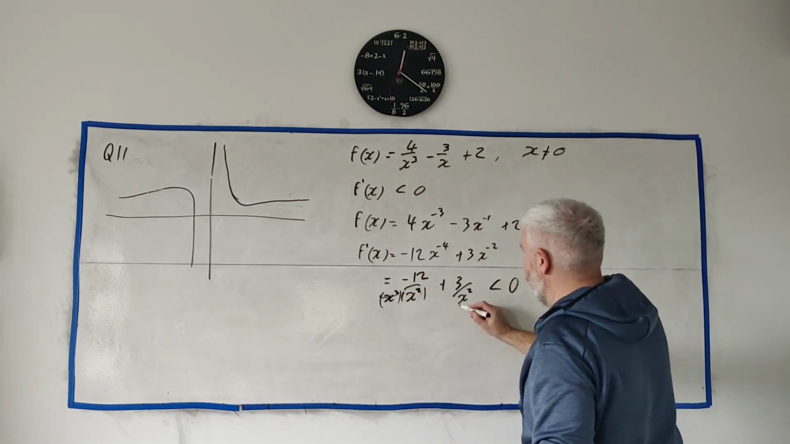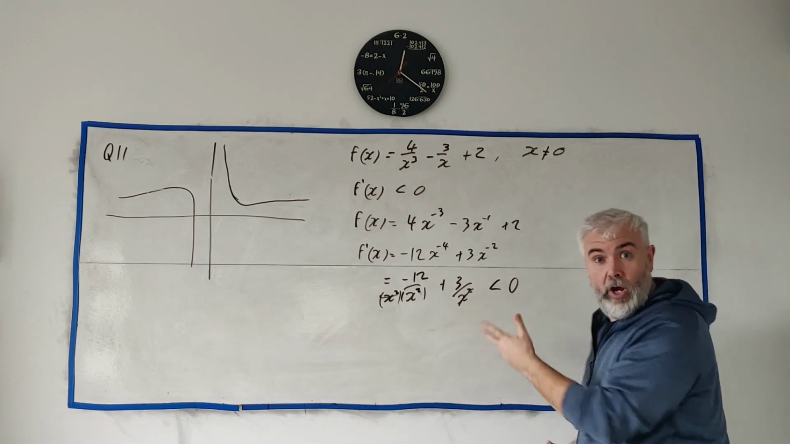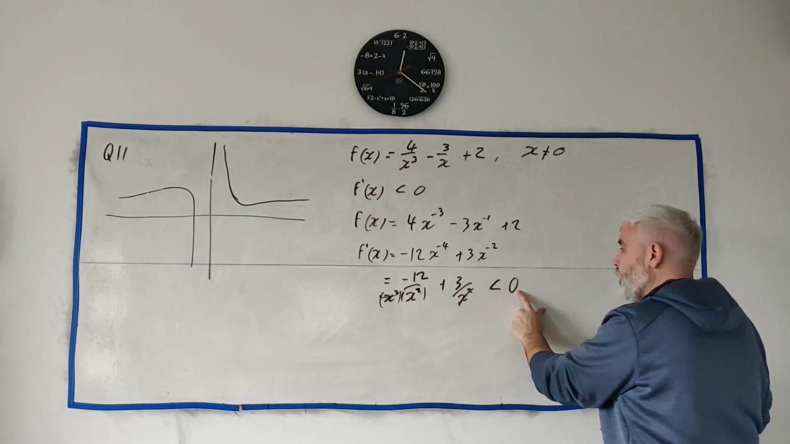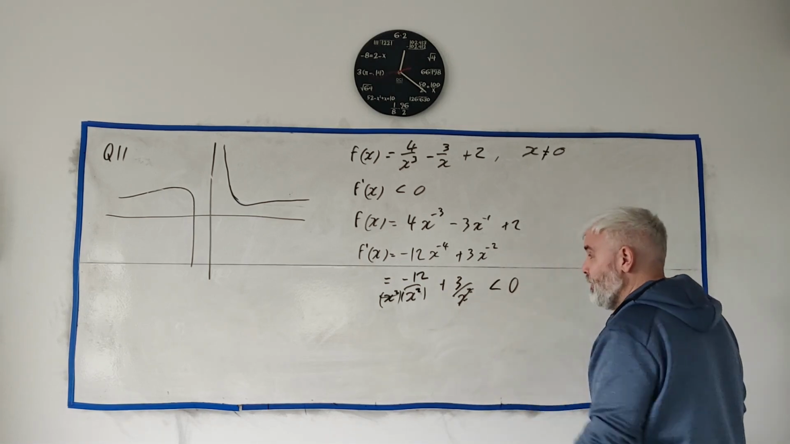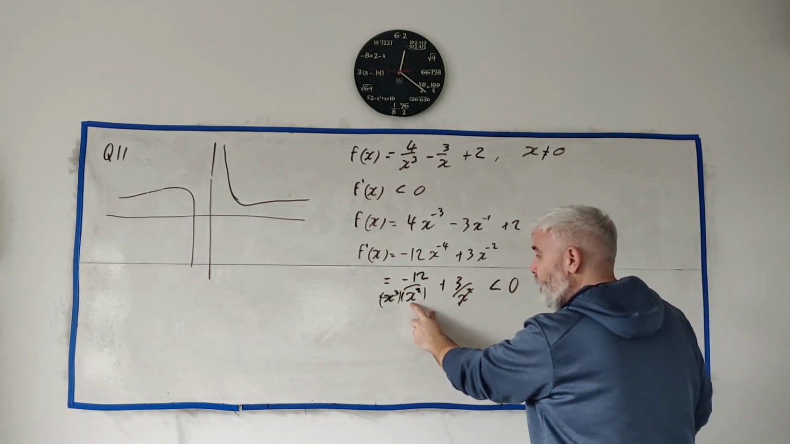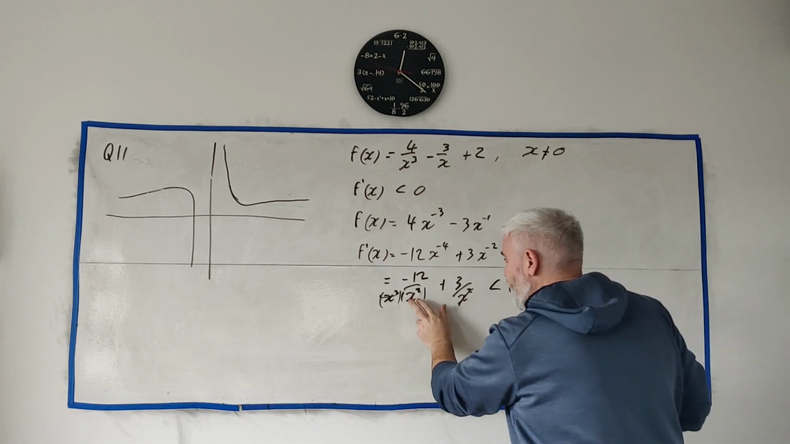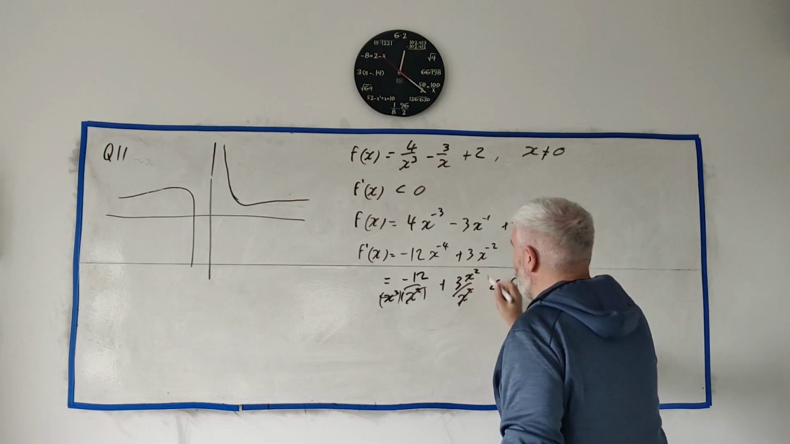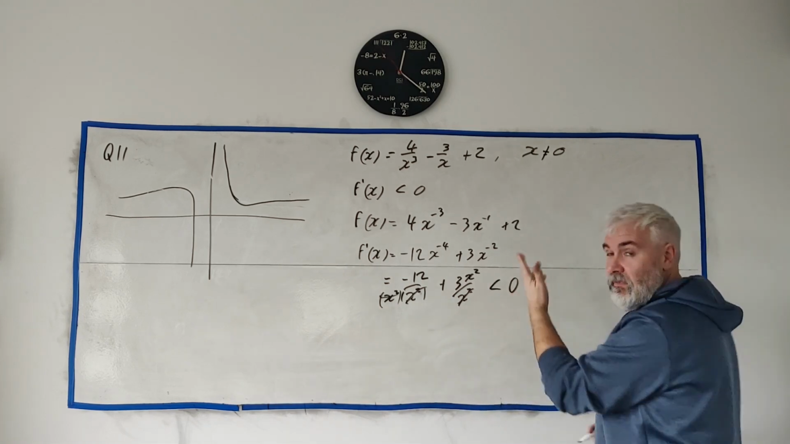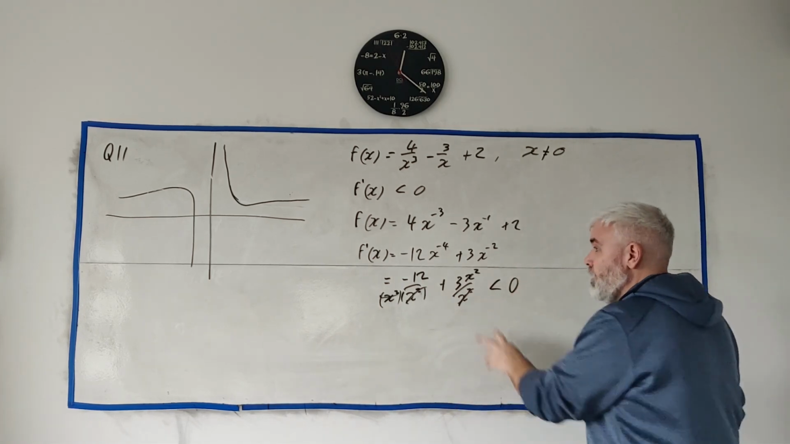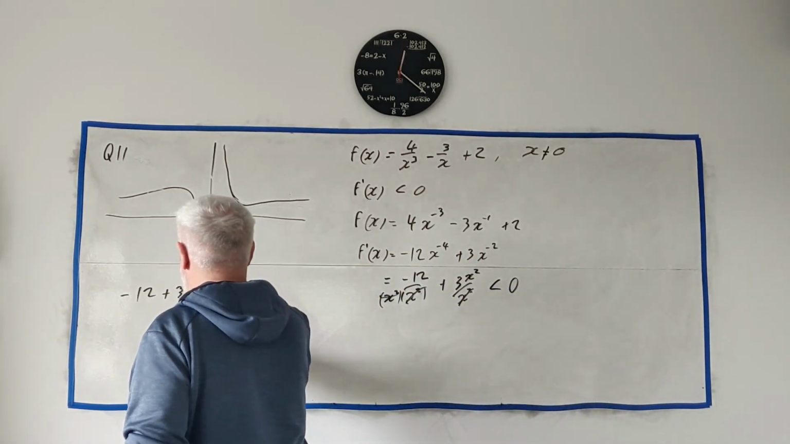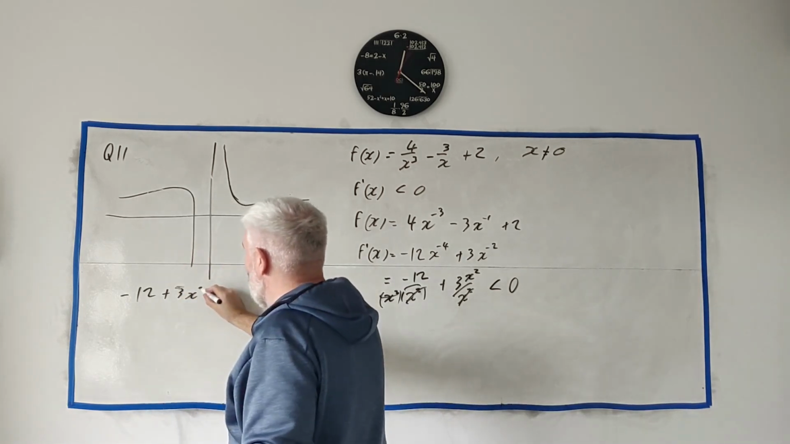This will disappear, this will disappear. They're both positive, thankfully, because anything squared is positive. Multiply 0 by x squared and it just disappears. Multiply this by x squared, it disappears. Multiply this by x squared, we'll have to put it in there. Multiply this by x squared, 0 times anything is done. So we get minus 12 plus 3x squared